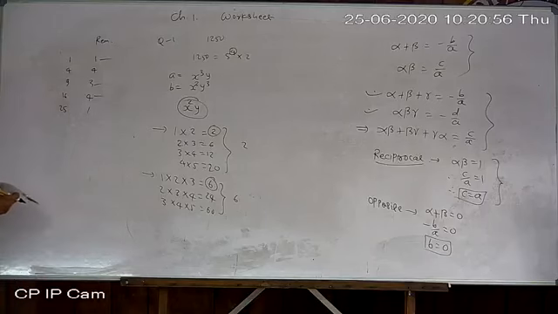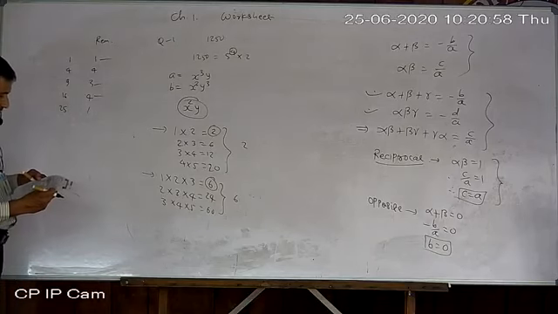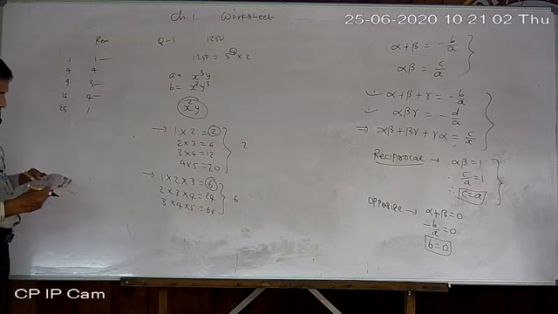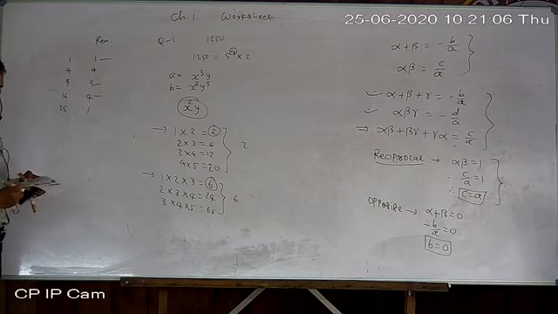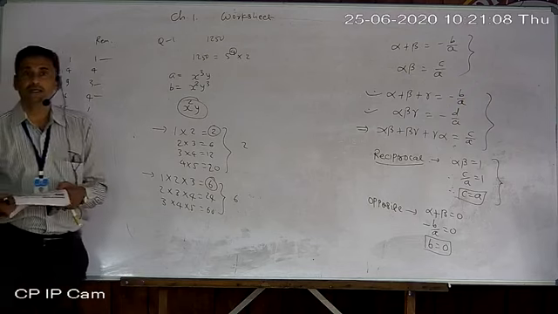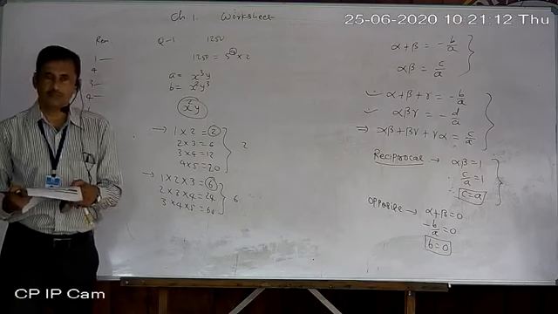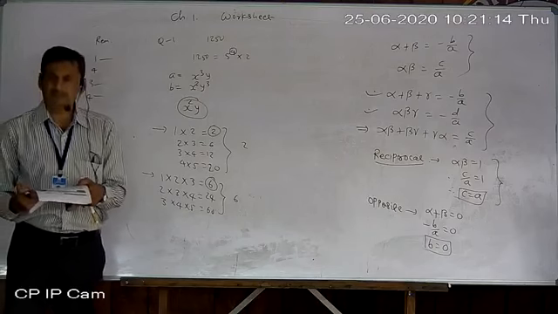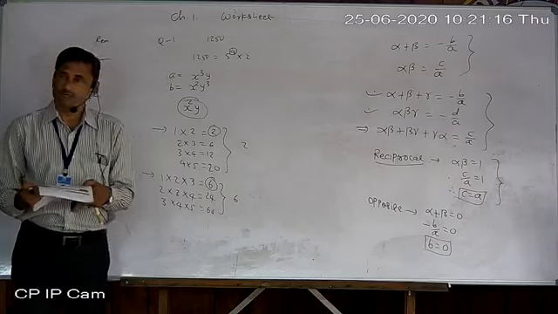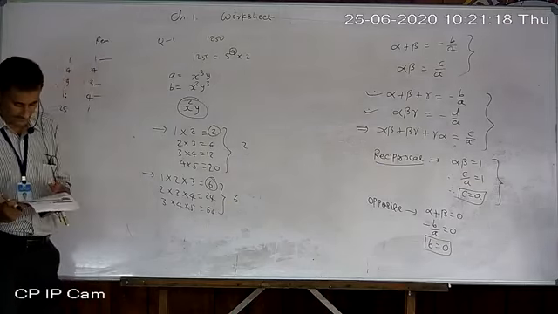Next number. According to Euclid's division lemma, for positive integers a and 5, if a equals 5q plus r, then r is not... That is again simple, because the remainder is always less than the divisor. The divisor is 5, so the remainder is always less than 5, but never 6. So 6 will be the answer.